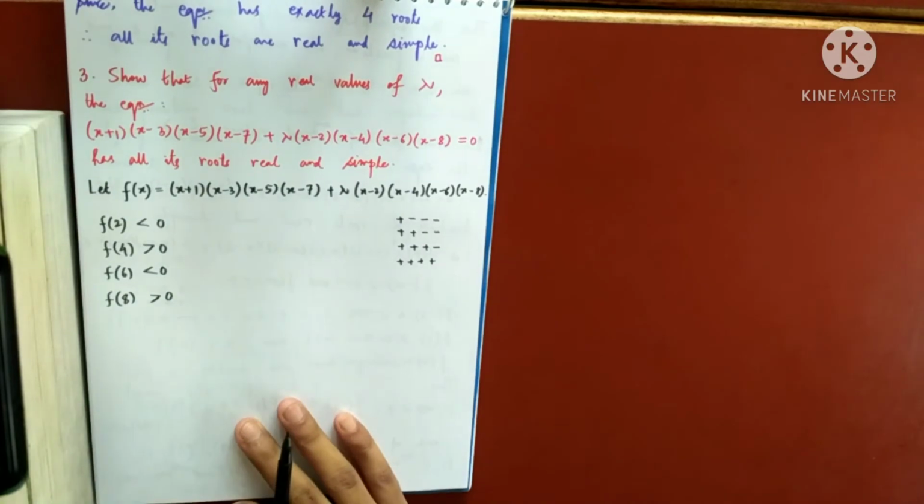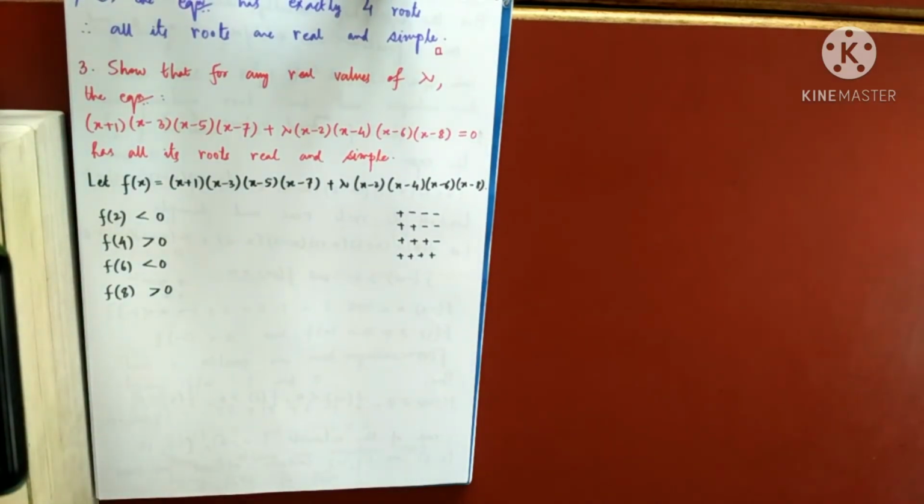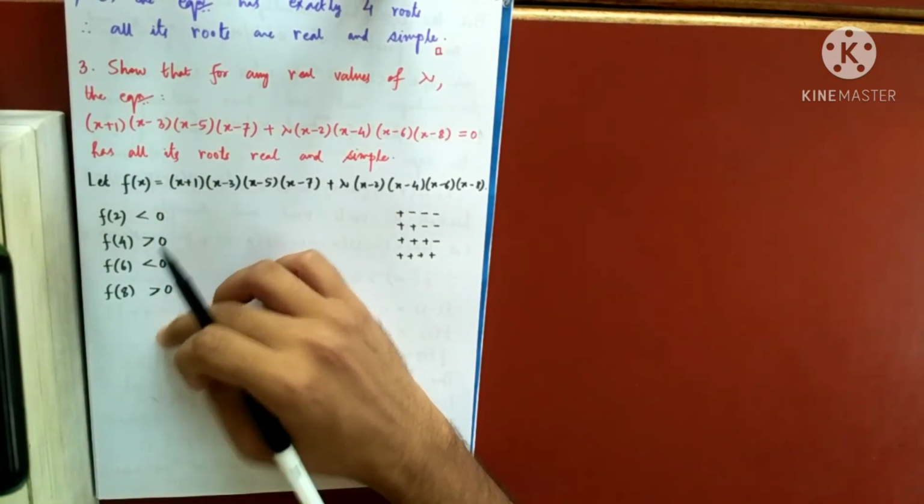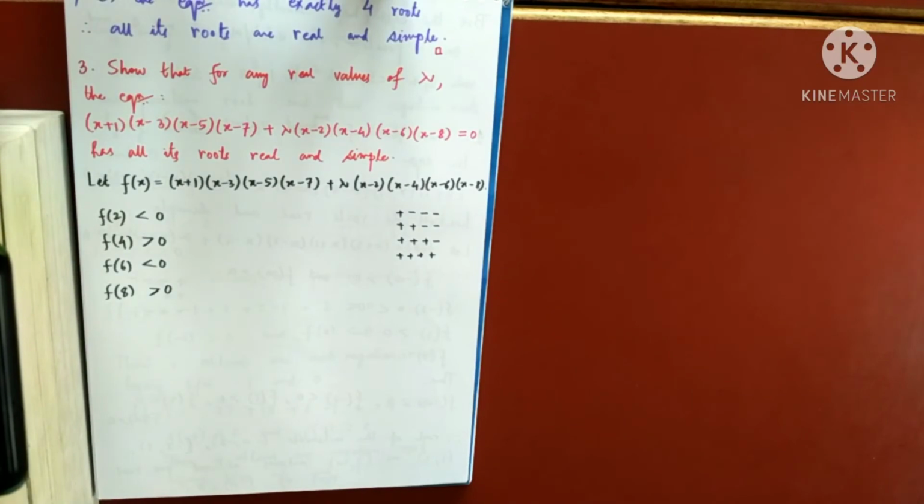So you see, I have at least got this much: one root between 2 and 4, one root between 4 and 6, one root between 6 and 8. That is 100% sure. I know about 3 of its roots. So now, you see,